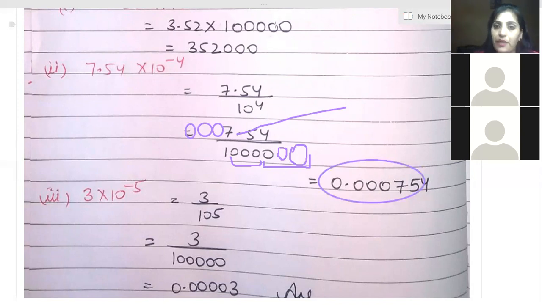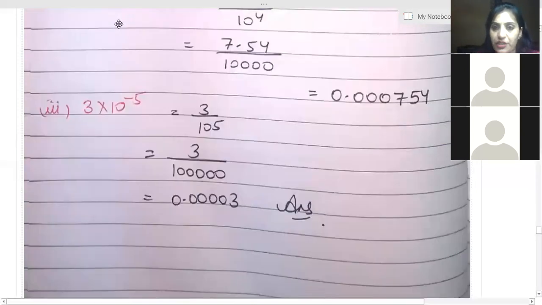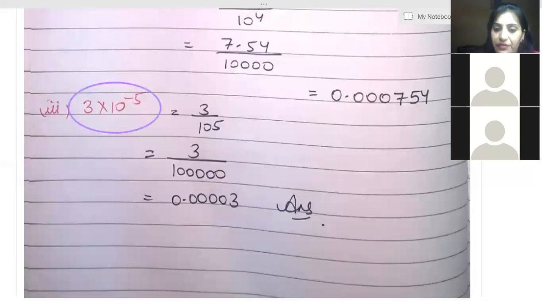अब आप do this question, 3 into 10 to the power -5. Rashi, if you are able to hear me, kindly do this question. So, 3 into 10 to the power -5, that is 0.0003. I will make this minus power into a positive power, so that means it will go down the denominator and I'll expand. After that I can put the decimal very easily.